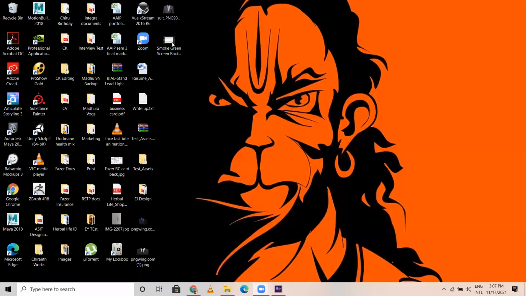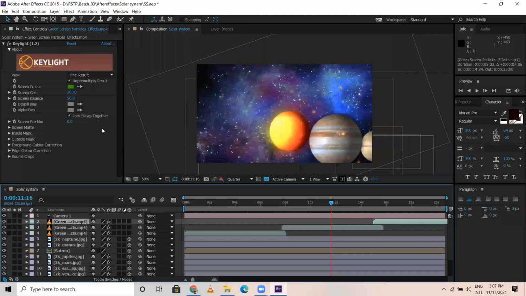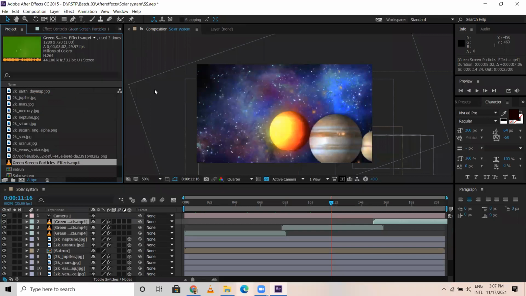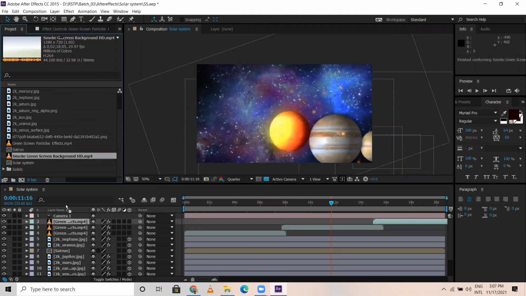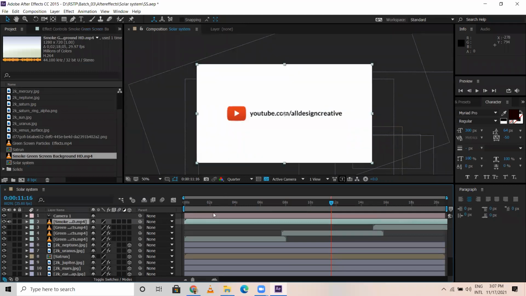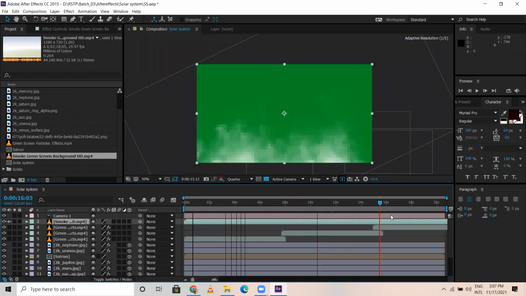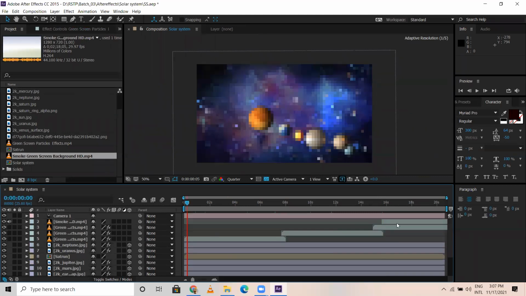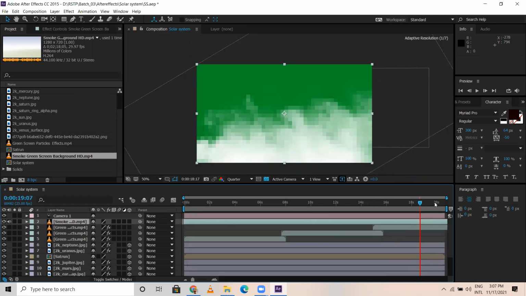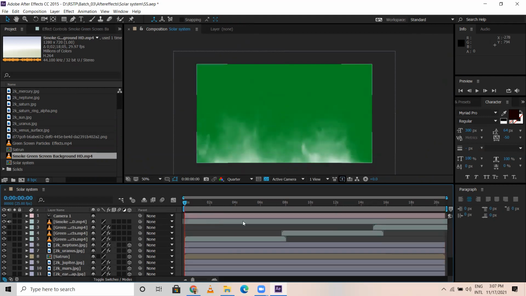Seems done. Now I cut this and paste it in the assets folder. Then later I'll be back to the project area. Then I'll be bringing this smoke green screen into After Effects. This smoke green screen, I would like to place behind the camera. Then, Control Shift D, I'm going to cut this area. We have smoke, enough smoke here. I think this is okay. I'm selecting this.